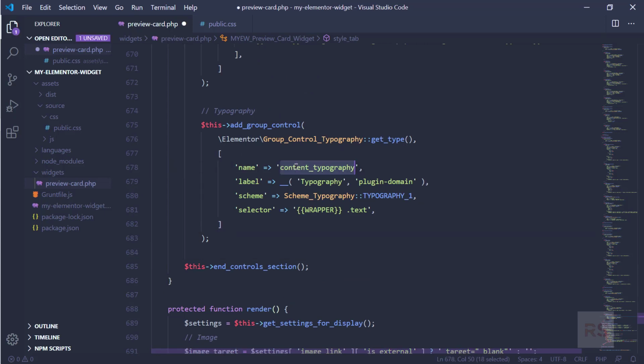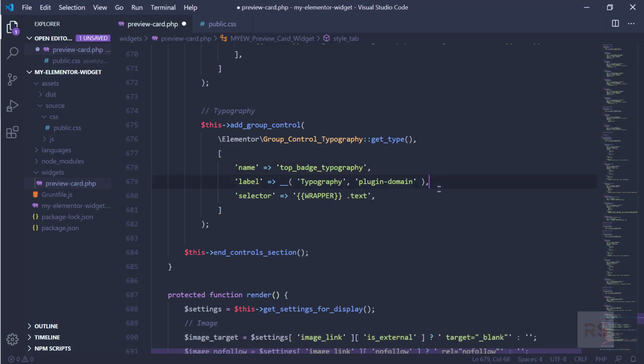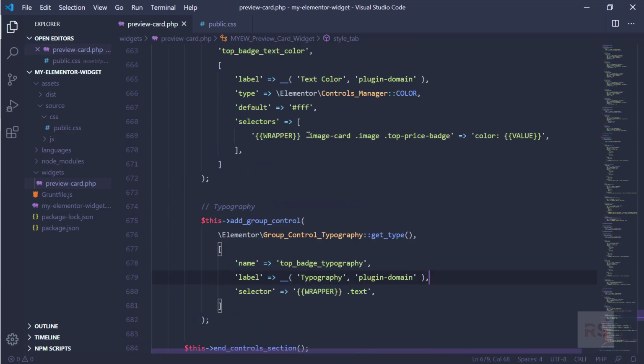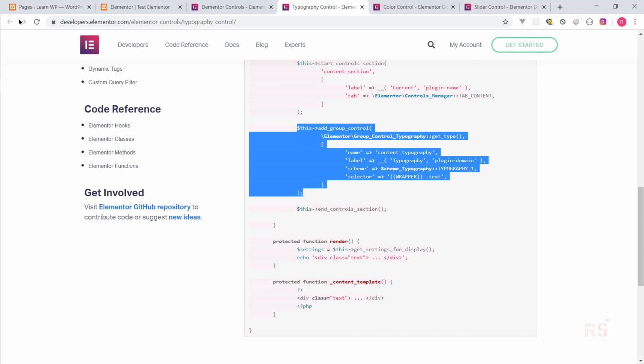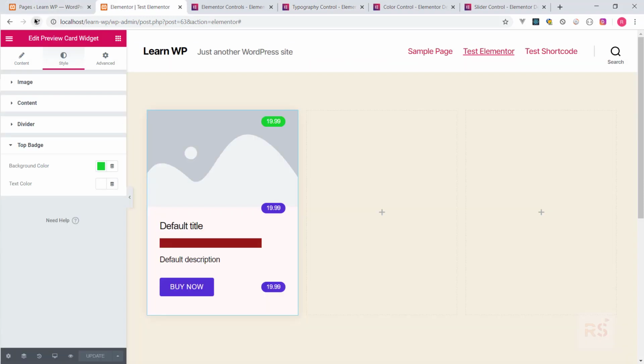And we can say not the content typography but the top batch typography, and let's put the typography here. We do not need any schema because we just want the plain text, and we also need to add the selector. So the selector is this one. Alright, so let's check that out. Hit refresh,